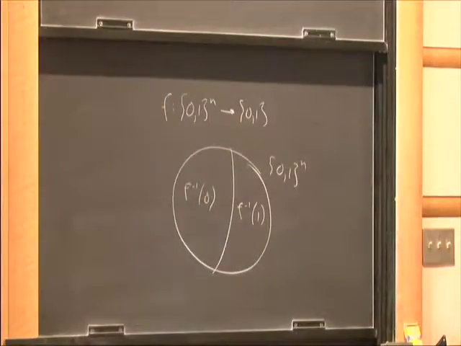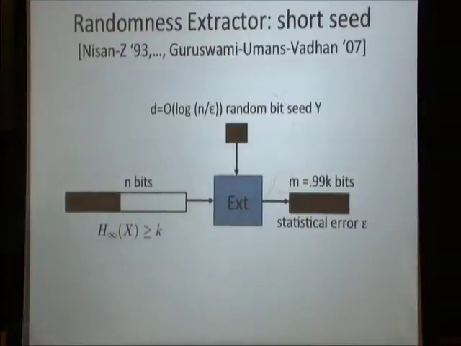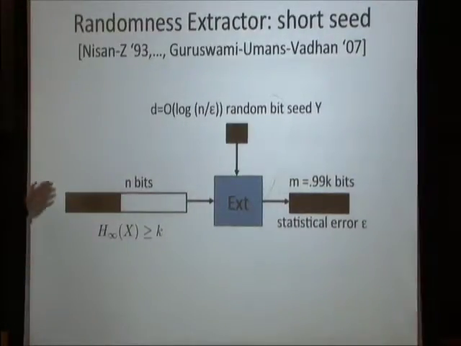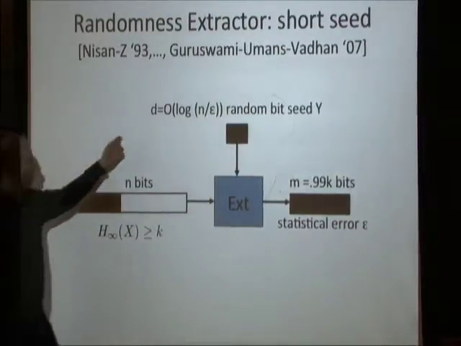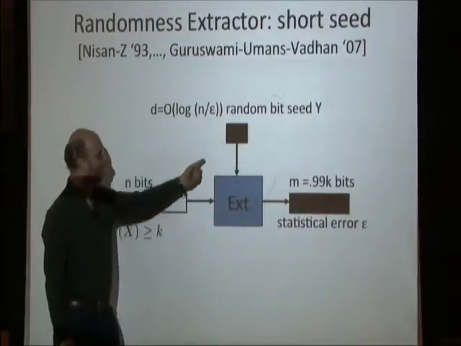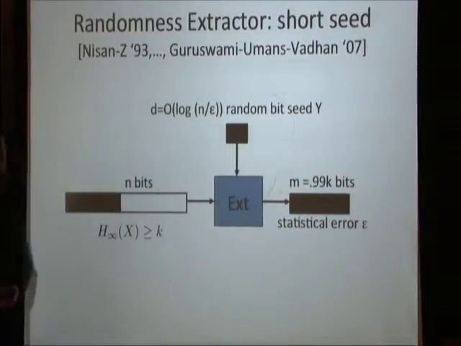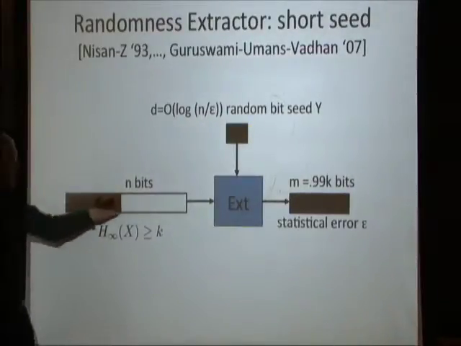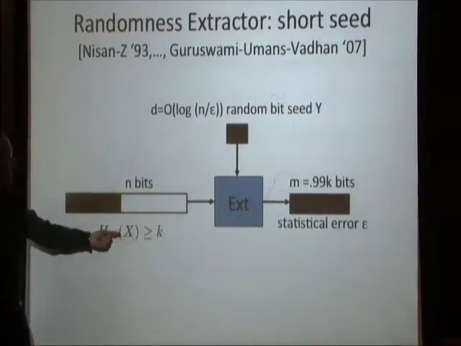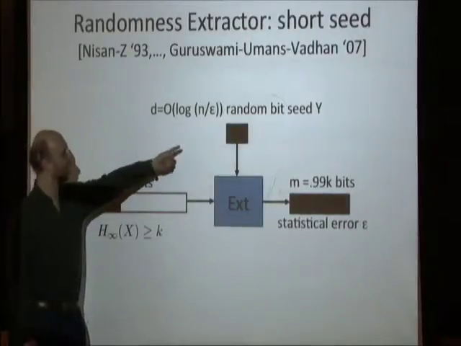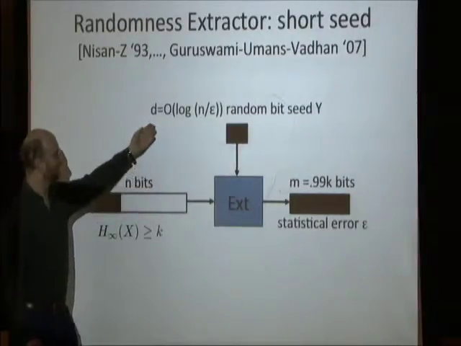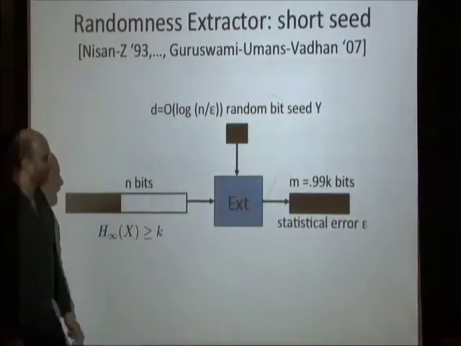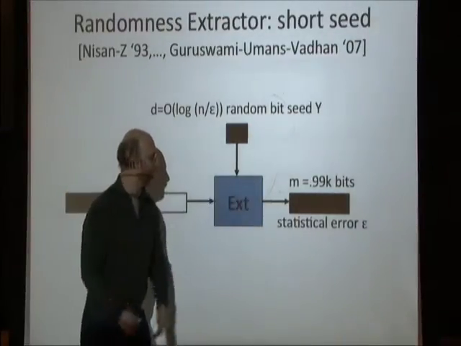Okay, so that's impossible. So instead, there's been a long line of research, and it turns out you can add just a small random seed and achieve what you want. Okay, so an extractor takes as input a weak random source with min entropy k. It takes a short random seed. Think of the seed as about log n random bits. And it outputs, say, almost all the